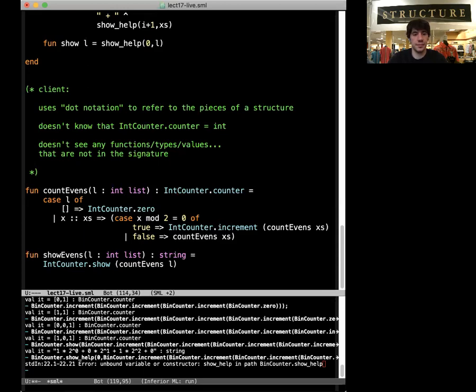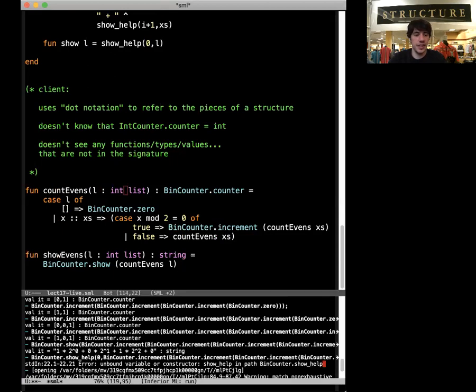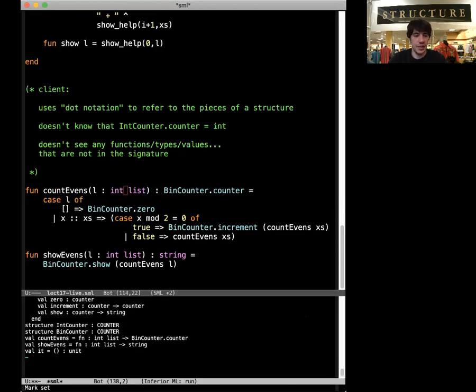Replace int counter with bin counter everywhere where we used it, right? So we're just replacing, hey, I don't want to use those int counters anymore. We'll see a better way to do this in a couple lectures, but if I just go through and replace my int counters with bin counters everywhere and reload it, then now I can do my show evens on